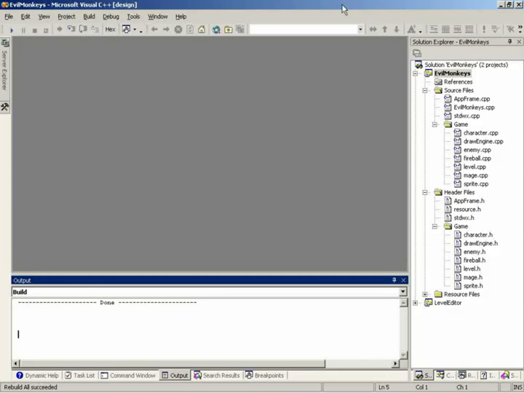So what we need to do first is make our character, our mage, aware of mana, make him kind of dependent on mana, so that if he's going to cast a fireball, he needs to have mana to do it. And when he runs out of mana, then he's going to need to get some mana before he can fire another fireball. And not only that, on top of that, we're going to need to modify the user